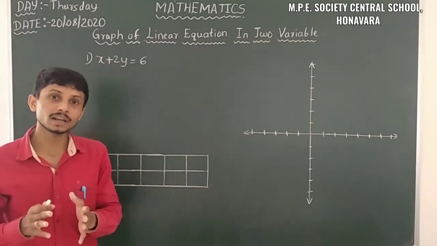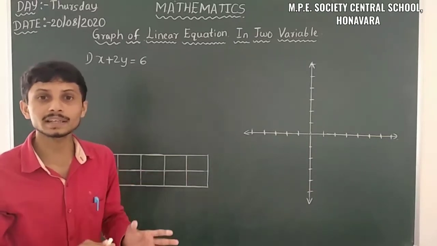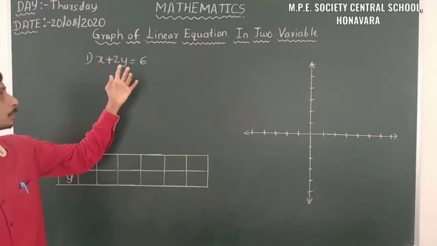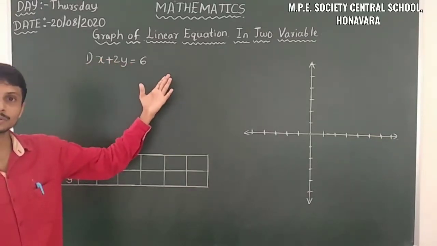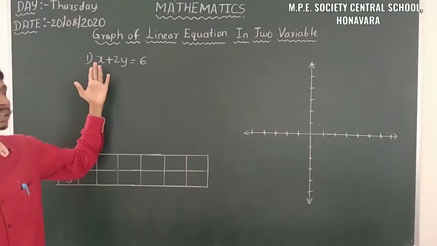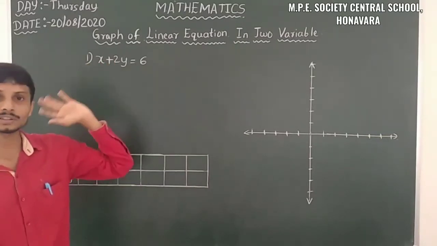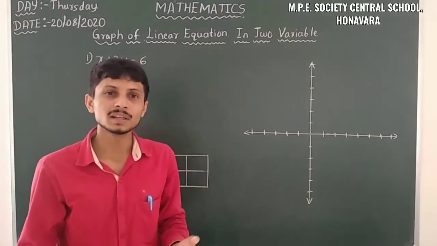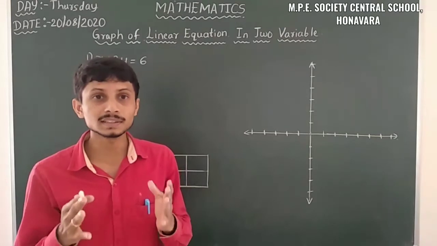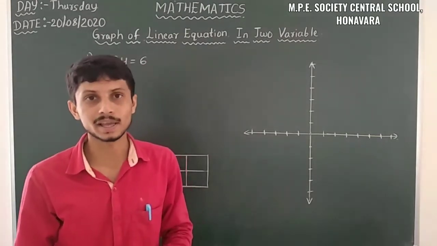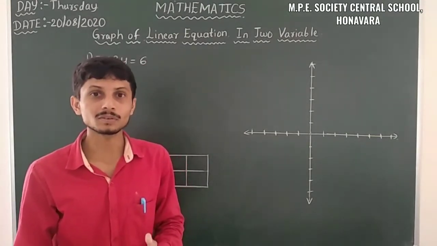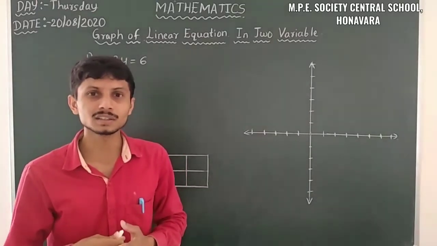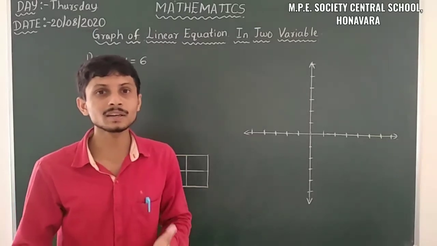So when we are having infinitely many solutions, it means that a is not equal to 0, b is not equal to 0, and c is not equal to 0. Just observe, here a is not equal to 0, b is also not equal to 0, and the constant term is not equal to 0. The coefficient of x is 1 here, the coefficient of y is 2 here, and the constant term is 6 here. That's why this equation has infinitely many solutions. That means for every value of x, there is a corresponding value of y here. So we have to take some values here. After that we have to check whether the graphical representation is a straight line or not.